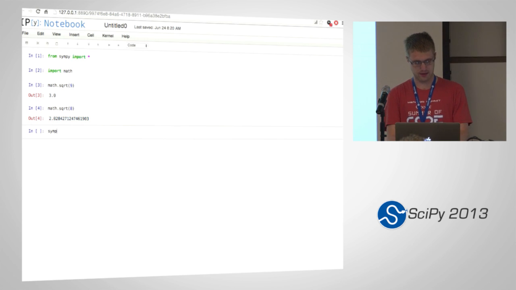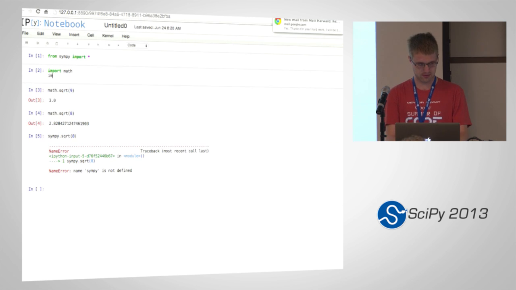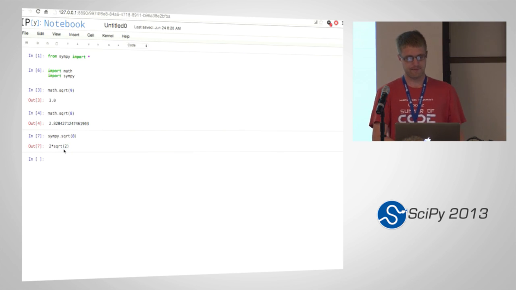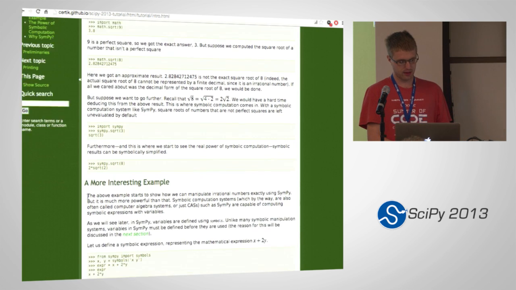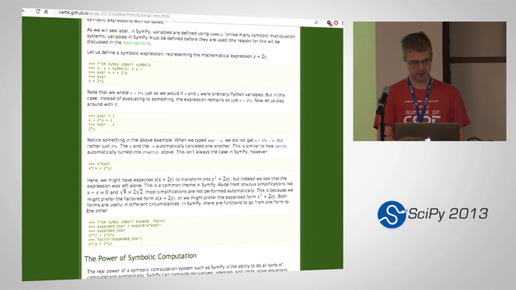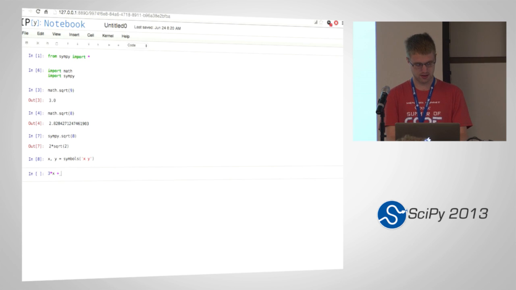So the power of SymPy is that it does things symbolically. So if you use SymPy, I did not import SymPy. You get a symbolic answer. And so here, now if we move on to something more interesting, the more interesting thing is we can actually use symbols. So if we use this function symbols to create symbols x and y, and then I do like 3 times x plus y,